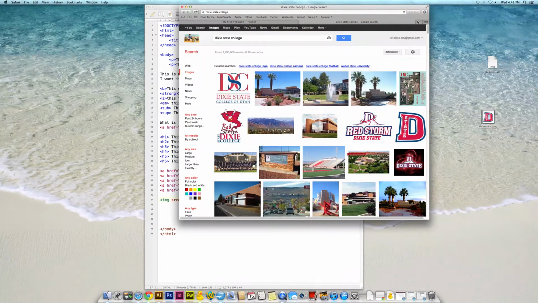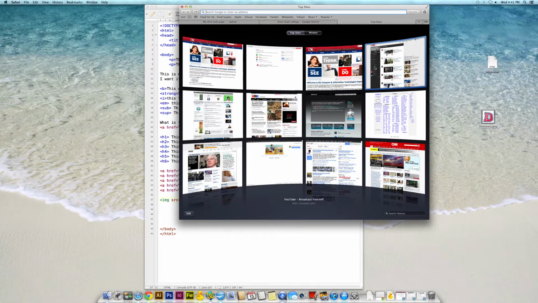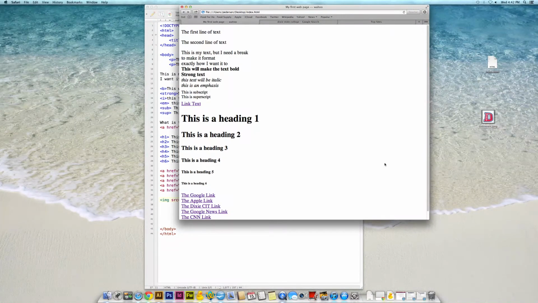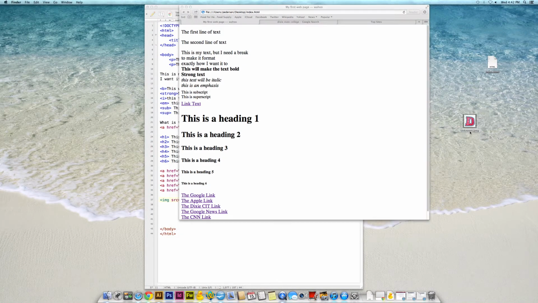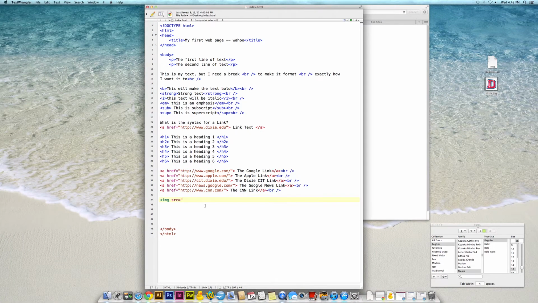I'm going to close out this window now and go back to my first website. I'm also going to rename this image as dixie.jpg. That's going to be its file name. That's a pretty good file name for that. And again, since it's in the same file hierarchy location as this index.html, I can link to it by simply typing in its name, dixie.edu. Now,